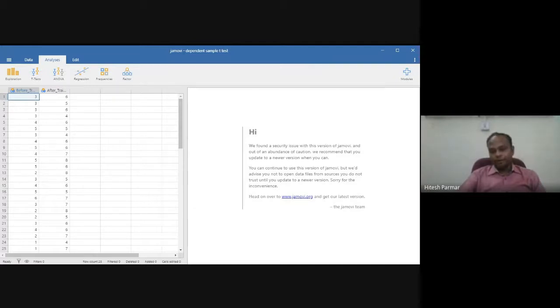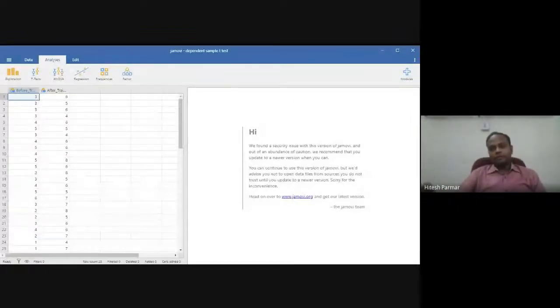But in chi-square test, you are not comparing before and after situation. You are comparing two groups separately, and both variables are either nominal to nominal or nominal to ordinal, or even interval or ratio data, but you are converting them into frequencies, and then frequencies are applied for testing purposes.